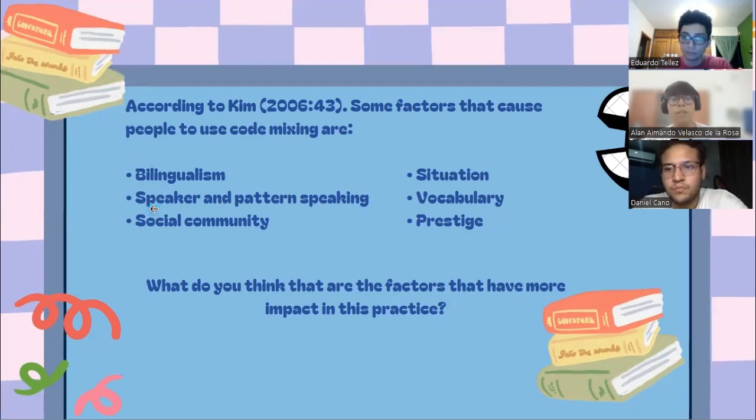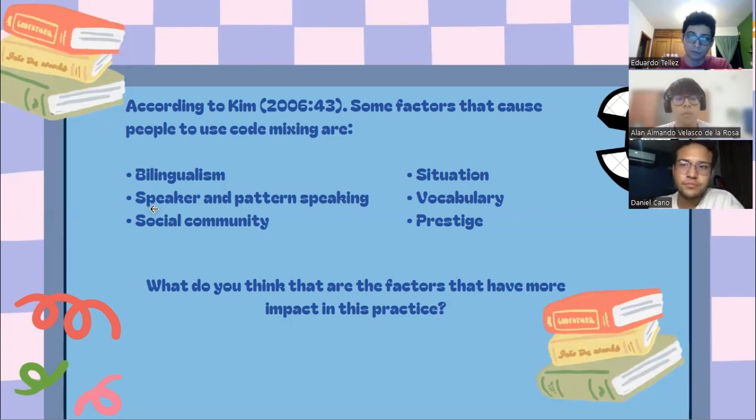Okay, from my point of view, I think that the social community has a lot of impact. For example, in the US, there's this community that is half Mexican, half American, so they grew up with both languages. In some situations, they tend to speak both languages, and they need to. So in many situations, they tend to combine both. And also, I think that the vocabulary has a lot of relation with this, because maybe they forgot a word or a phrase, and they relate it to the other language. Let's see, if I forget a word in English, I will relate it with Spanish, and I will say that word in that language. So I think that these two factors have more impact from my point of view, but I don't know about you.